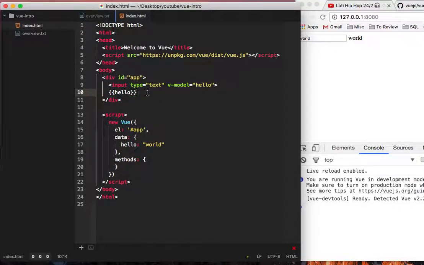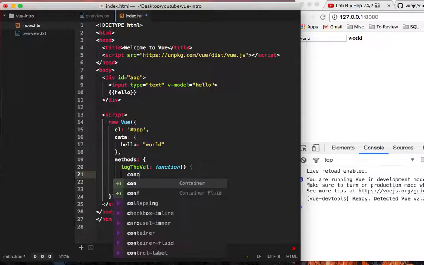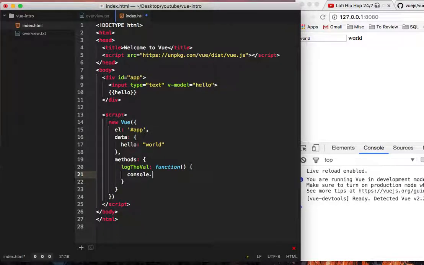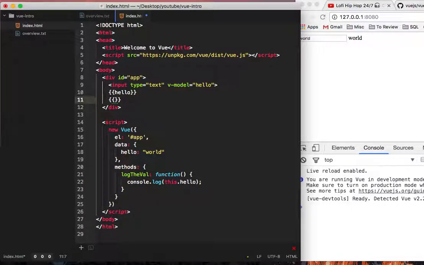The third way is to create a method, and we're going to call this console.log. Or actually, rather, we're going to call it logTheVal. And we're going to create a function, and we're going to say console.log this.hello. This is how you access the keys in the data object, or the values in the data object. So for here, to make sure this runs every time we update, we say logTheVal,